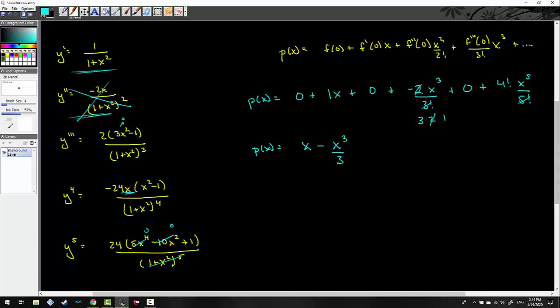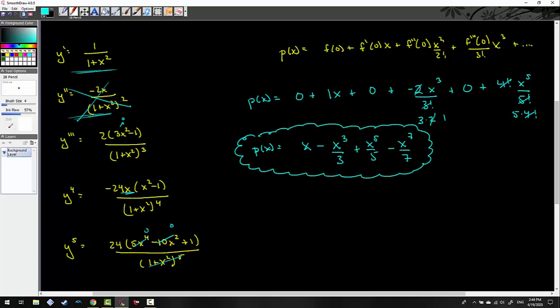This 5 factorial is really 5 times 4 times 3 times 2 times 1, which is really 5 times 4 factorial, which will cancel with the 4 factorial up top, giving me an x to the 5th over 5. And from here, I think a pattern can be established. So I'm thinking my next term, if I wanted to, would be x to the 7th over 7, and since they asked for the first 4 terms, I think we'd be good. Now, obviously, we could find out the next 12 terms if we really wanted to, but